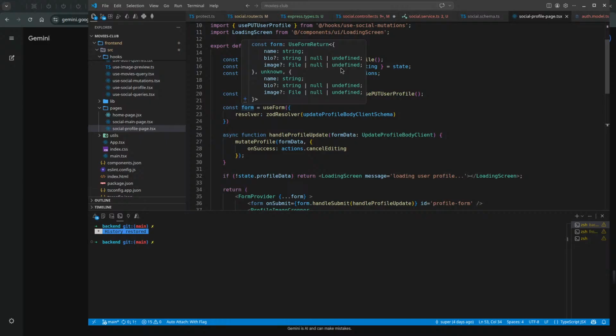Maybe I have to remove the optional. First of all, I have to remove the optional.